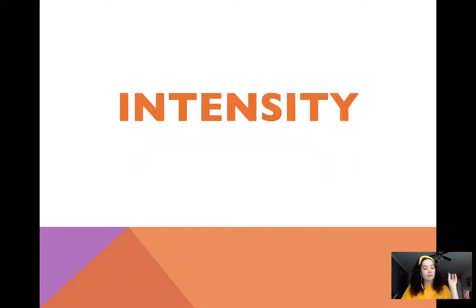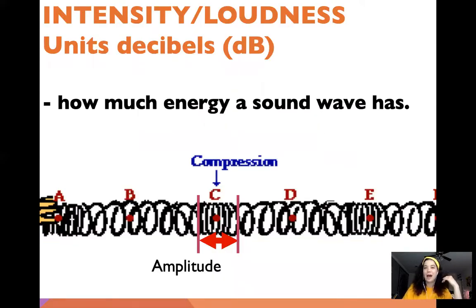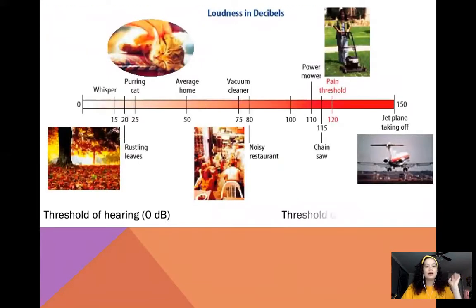So we're gonna start talking about all these different properties of sound waves. The first one is intensity. So intensity is really just how loud the sound wave is. We use decibels to measure that, and that's lowercase d, capital B. Intensity is really just how much energy that wave has. The more energy, the louder that wave will be to us. So looking at this, our threshold of hearing, we start at 0 decibels, and our threshold of pain is about 120 decibels. So that means at 0 decibels, we can start hearing things. And at 120 decibels, it's actually going to be painful for us to experience that sound.